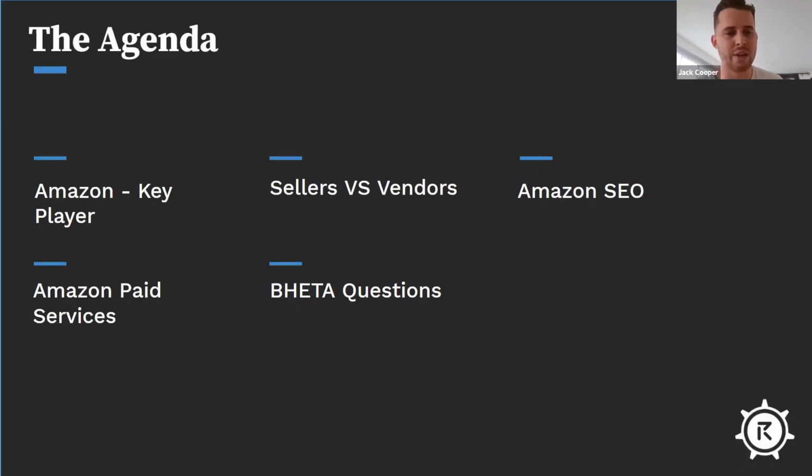Cool, so over the next 30 minutes, we're going to cover these key points here. I want to touch on some of the data around Amazon, reiterate the importance of Amazon. Also look at Seller Central versus Vendor Central. I'm going to run through the benefits of each, advantages and disadvantages. Also looking at search engine optimization on Amazon, and covering some key learnings there, best practices that we've learned over the years. I will briefly touch on the Amazon paid services, and in this section, I'm going to look at what's available in that space as well. And finally, following our previous webinar, there were a few questions posed by the beta members, so I'm going to be covering those off as well.